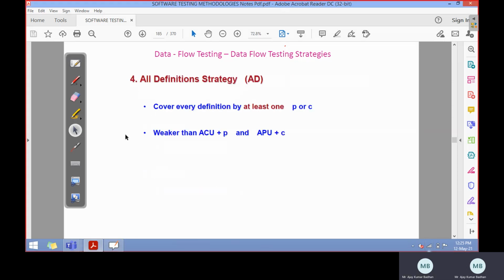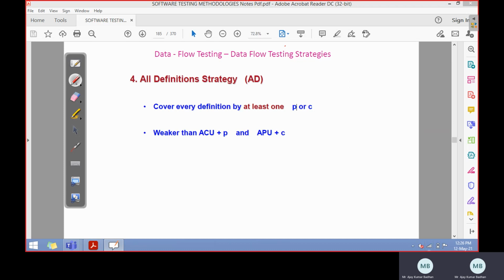And next here is the all definition strategy. Here what I mean to say is that every definition of every variable should be covered by at least one use of that particular variable. So I hope you are getting it. This particular strategy should cover every definition at least once for a particular variable.